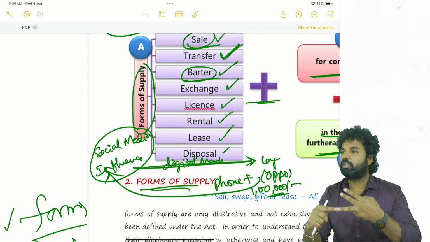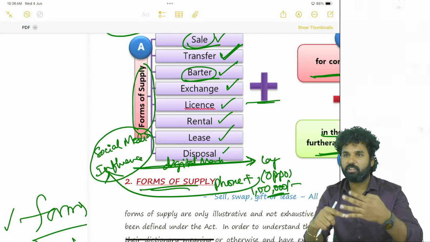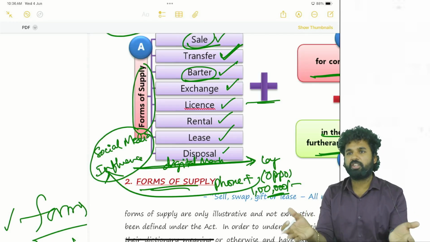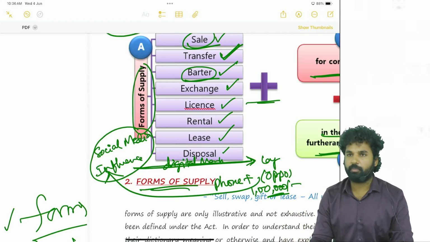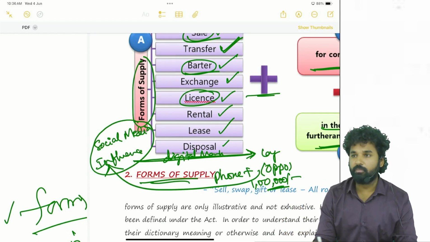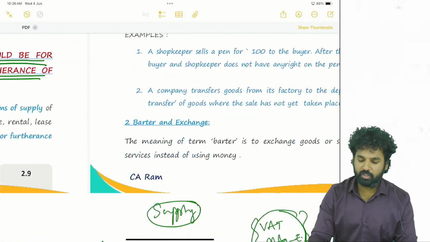It is made for consideration. It is in the course or furtherance of business. Then it is a supply. 7(1)(a) conditions are being met. Then it is a supply. Right. Next, license. So license means